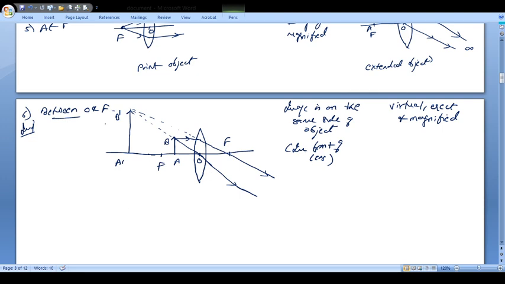Now see students, this kind of situation when the object is between O and F, this is also basically your simple microscope. When we talk about a simple microscope, which astrologers use, they take a lens and they see the lines on your palm and all. So this is basically your simple microscope. So what will happen there? Important thing is that your object has to be between optical center and focus. So I hope this part is clear to you.